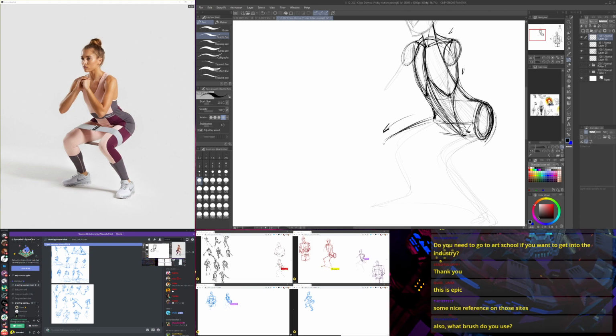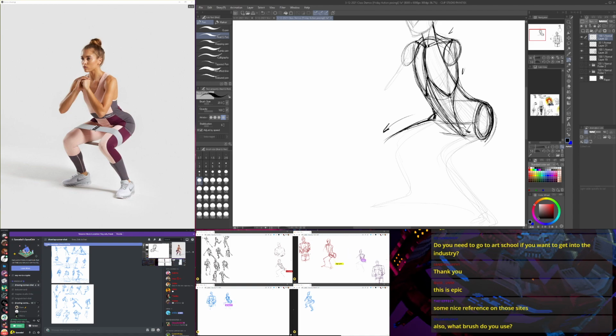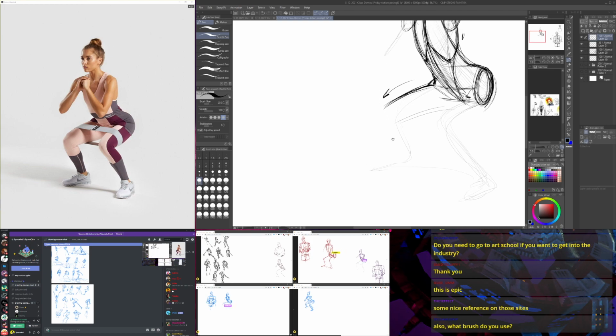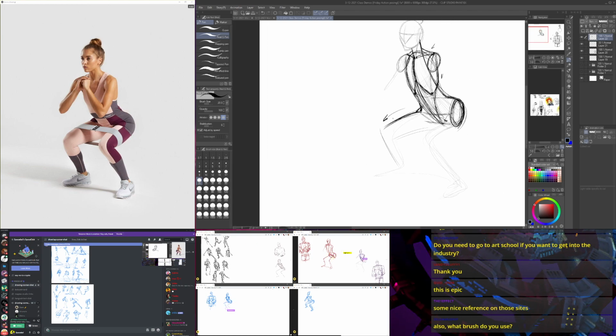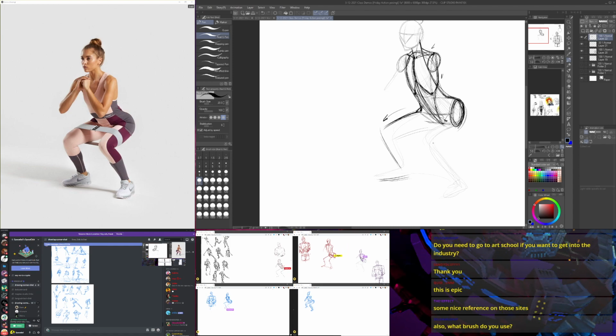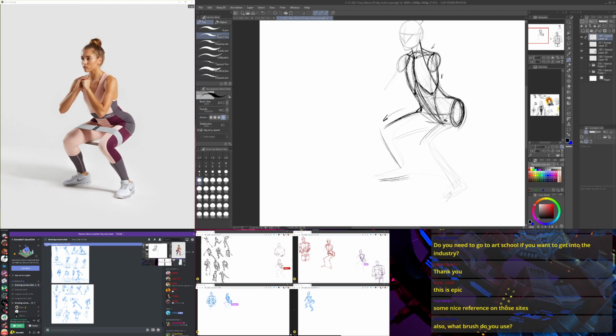So we pull out some lines here from the pelvis. Parallel lines. I think my figure's a little bit small in the leg. That's okay. Let's build some more onto it.